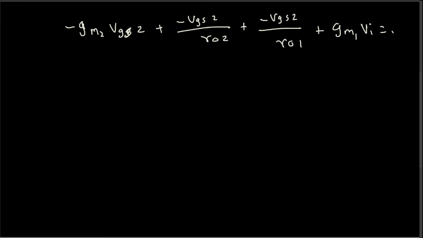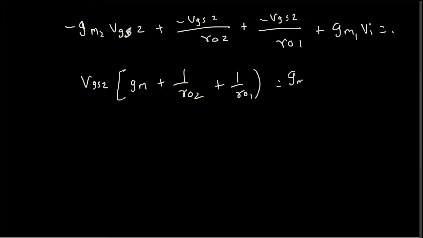So VGS2 times GM2 plus 1 over RO2 plus 1 over RO1, equal to GM1 Vi. Here GM is much larger compared to 1 over RO2 and 1 over RO1, therefore we can say this is just